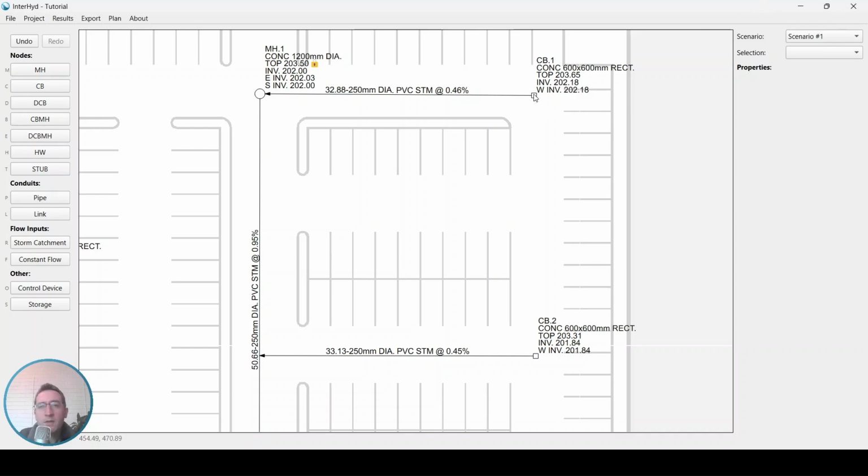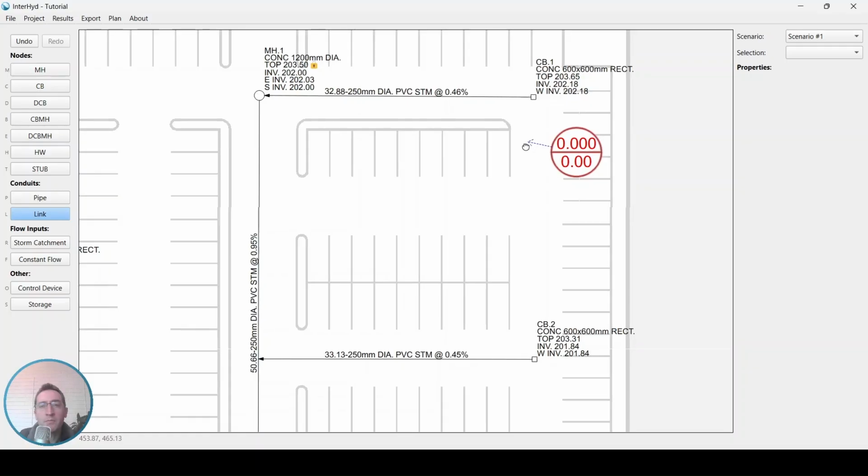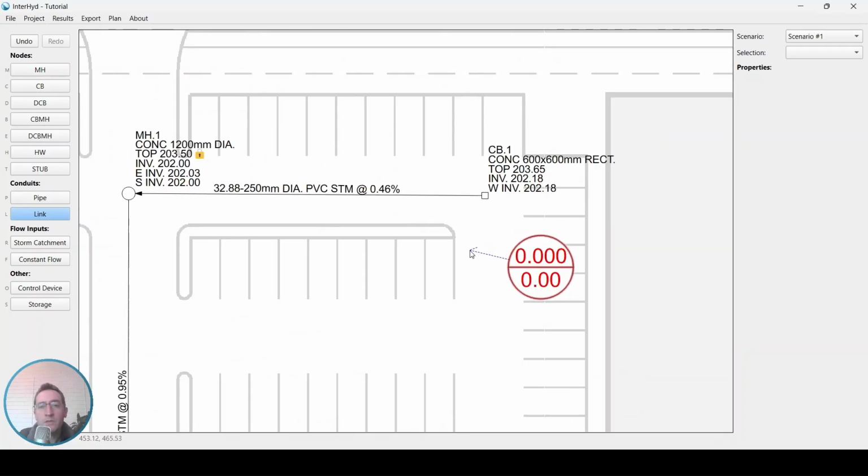I've now added several catch basins to the project, and we are going to add catchments to start generating flows into our storm sewer. To do that, we're going to go under Flow Inputs and click on the Storm Catchment button. We're going to add a catchment into our plan view. When you add it in, you'll see it's going to automatically start previewing a blue arrow, and you'll click on